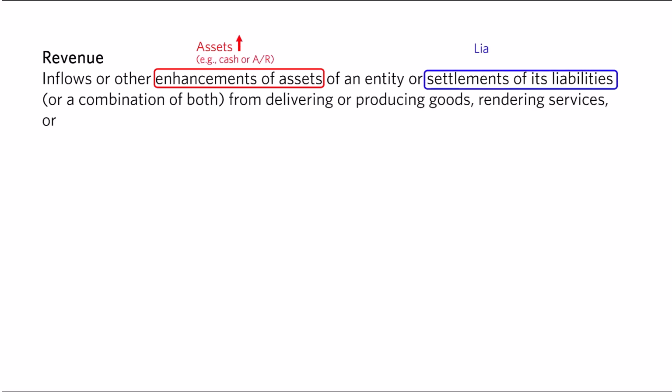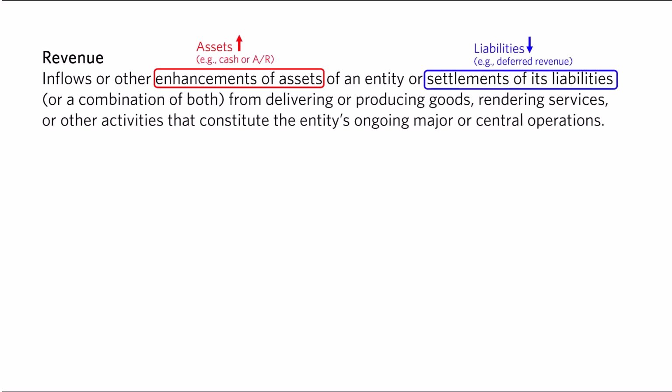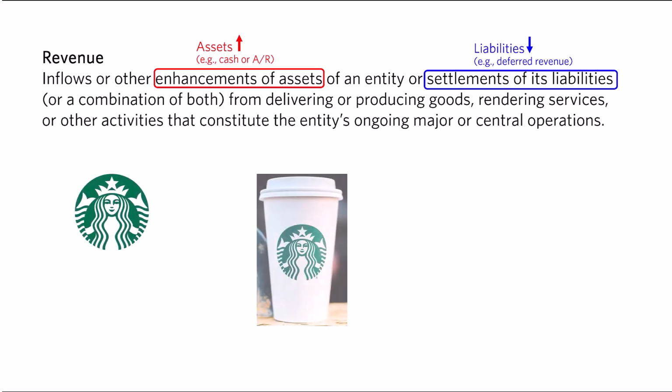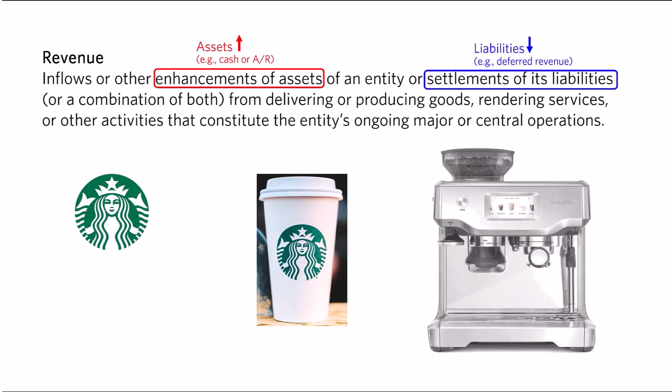Revenues are receiving assets or relieving liabilities as the result of the company's main business. For example, when Starbucks sells a cup of coffee, that's its main business and hence revenue. When Starbucks sells an old espresso machine, that is not revenue, but instead generates a gain or loss on the